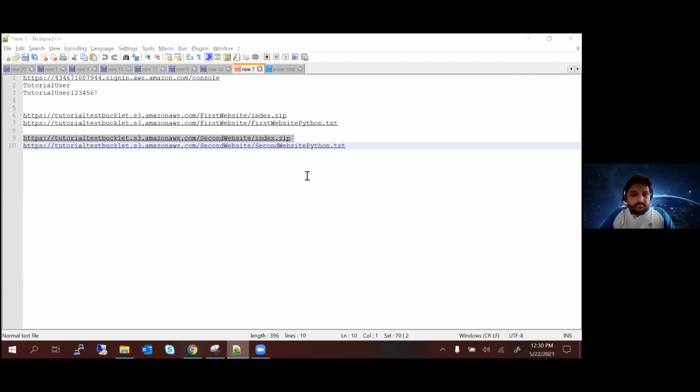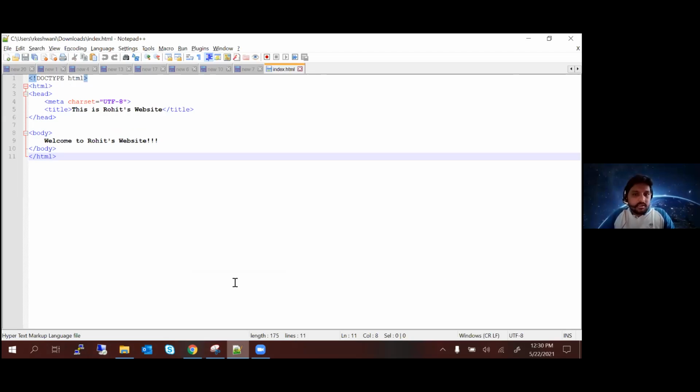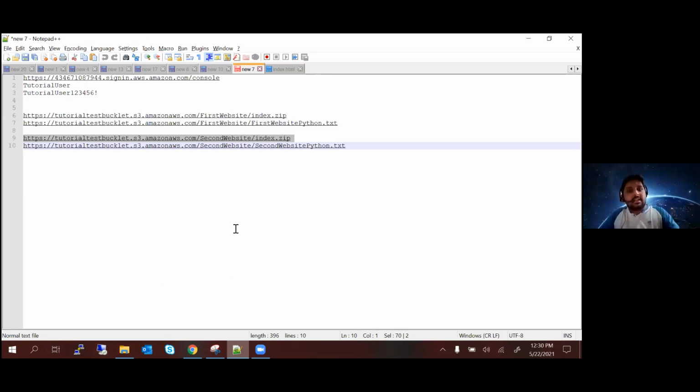From this moment, just forget about the one that we have already done. Now we are going to create another website, and hopefully this is something that everybody should be able to do. This is the link that I have shared. What you have to do is just download the zip. Don't extract it, just download the zip. You don't have to extract it right now.